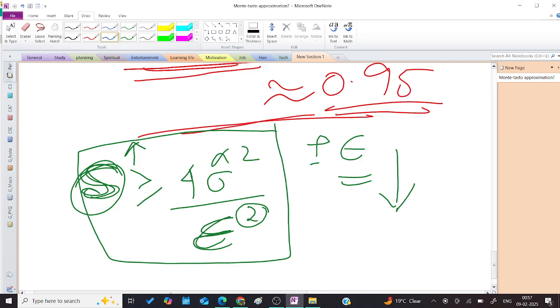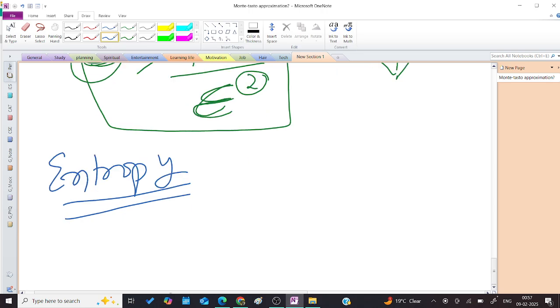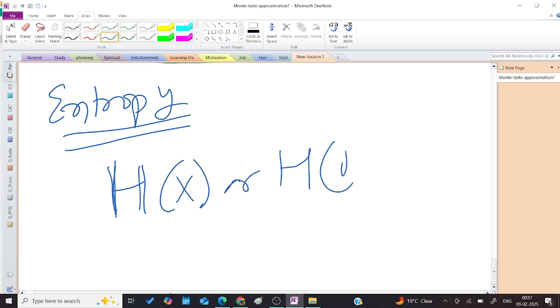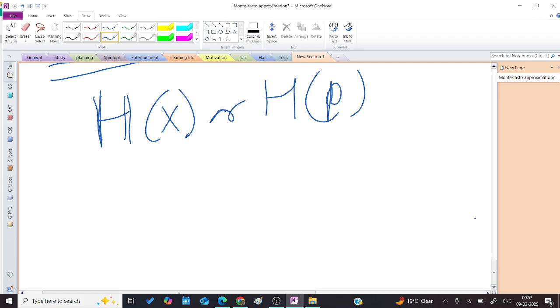Let's move to our next topic, that is entropy. Entropy is given by H(X) or H(p). The definition is